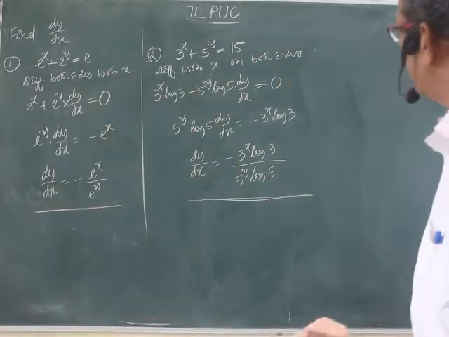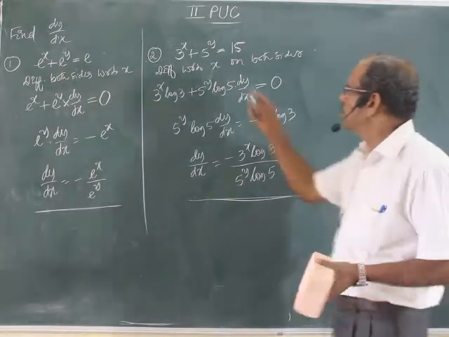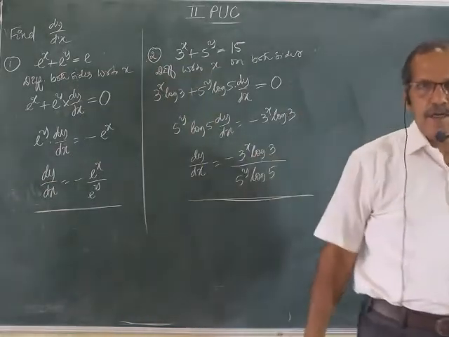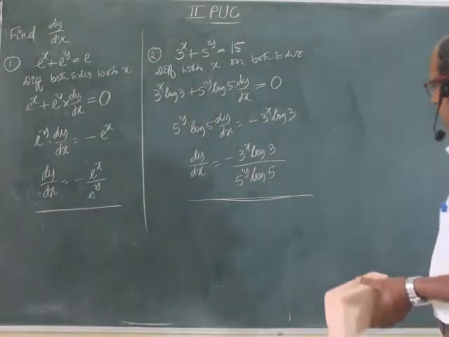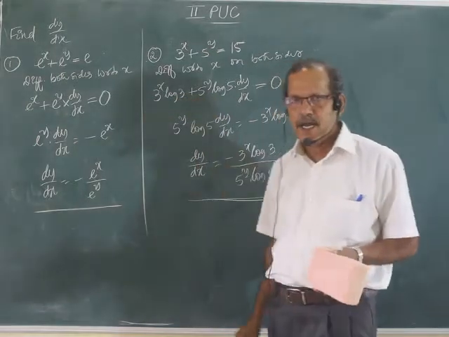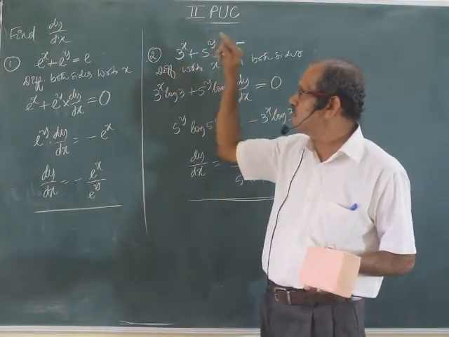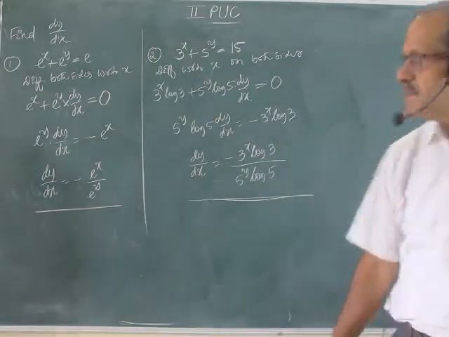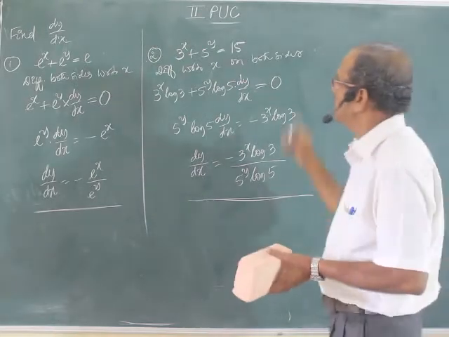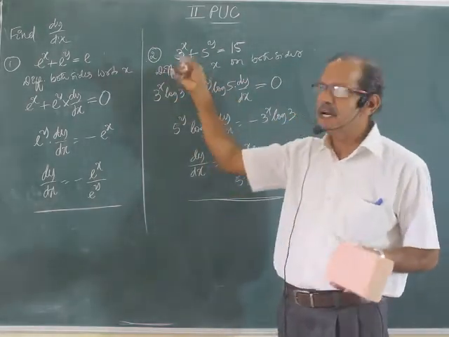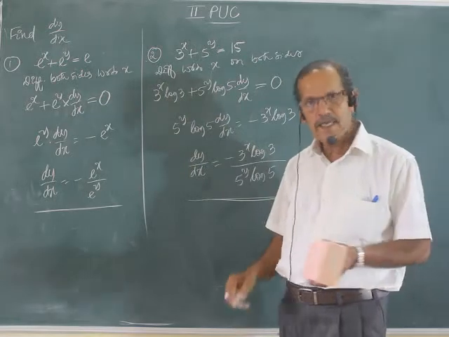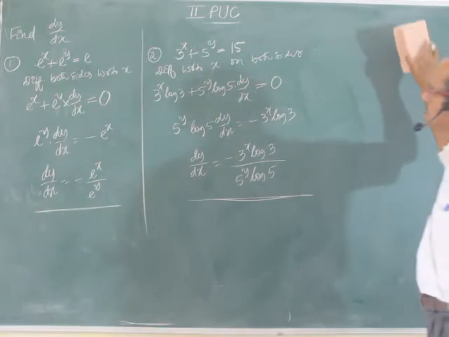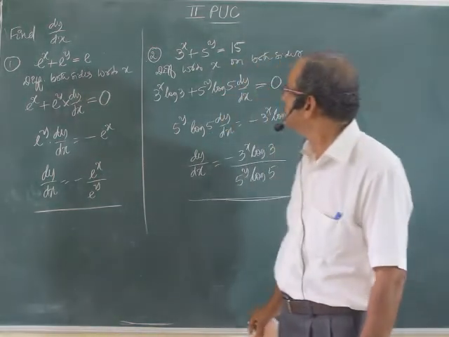In implicit function differentiation also, we can use the a to the power x formula, e to the power x formula. That's all. Still more problems are there. Let us do in the exercise. Here, just in order to make you understand this, formulas can be included in all the problems: product, quotient, chain rule, implicit, everywhere. That a to the power x and e to the power x can be included. Okay.